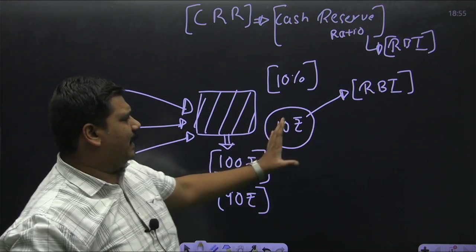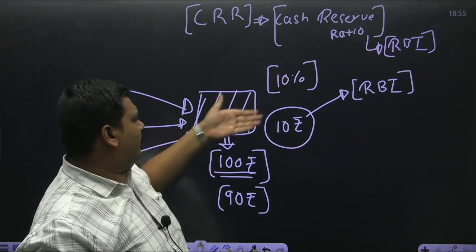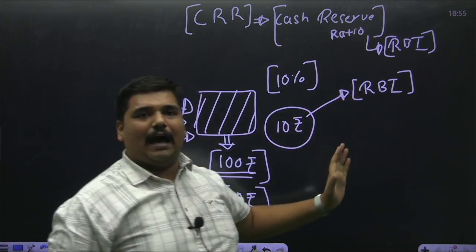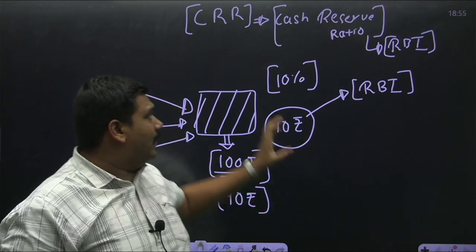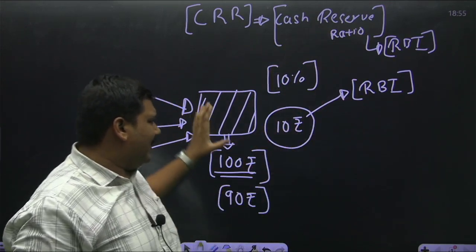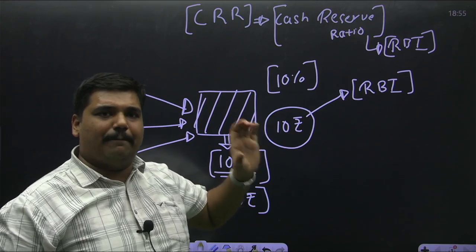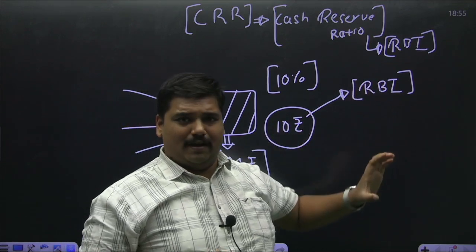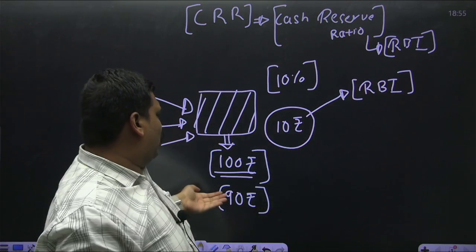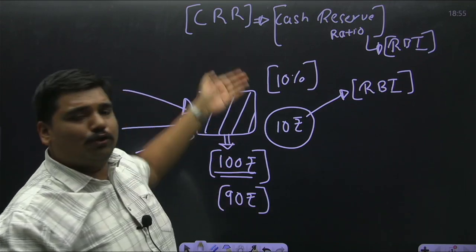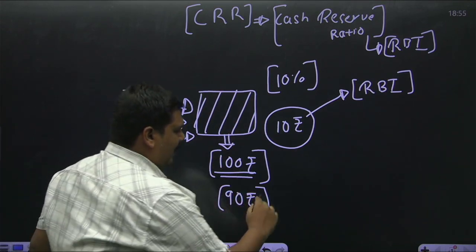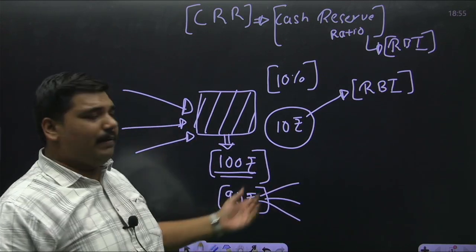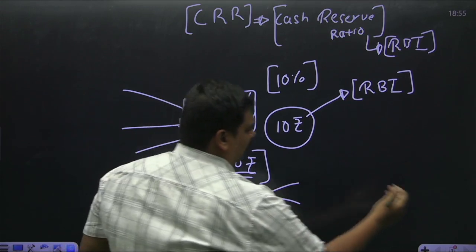And this 10 rupees, or 10% of the total amount that they have with themselves, is given to the RBI for safekeeping. It is a reserve. This money is the money of the bank, but it is being reserved in the RBI. It is kept by the RBI to make sure that the banks do not default. Now, this 90 rupees the bank will lend and make a profit. Now the next is